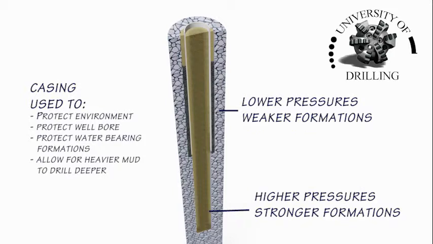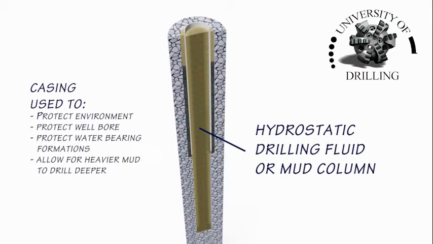Because rocks and groundwater formations closer to the Earth's surface are geologically younger and less compact than older and deeper rock formations, they tend to be weaker than the compact, deeper formations, and hence will fracture when exposed to the pressures present in older, deeper formations,